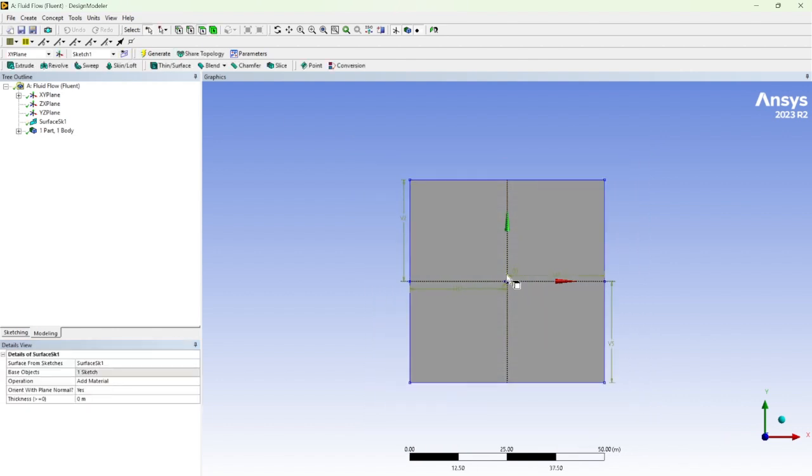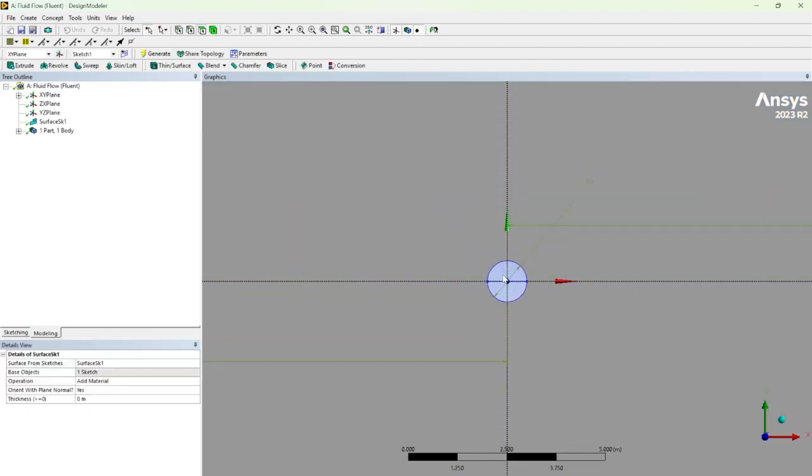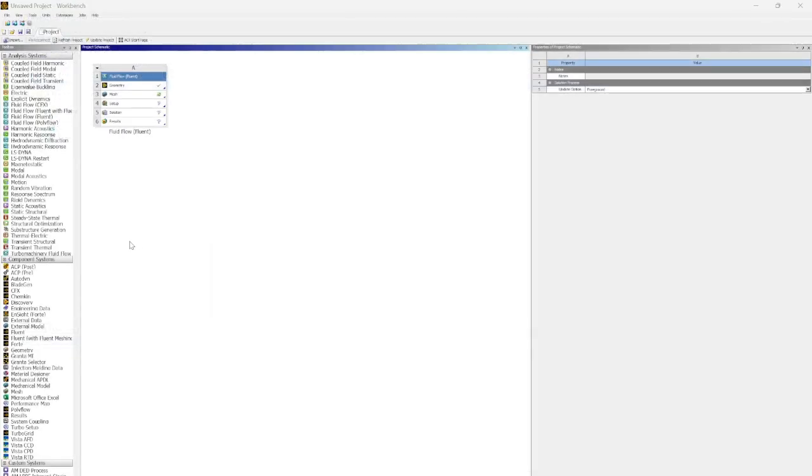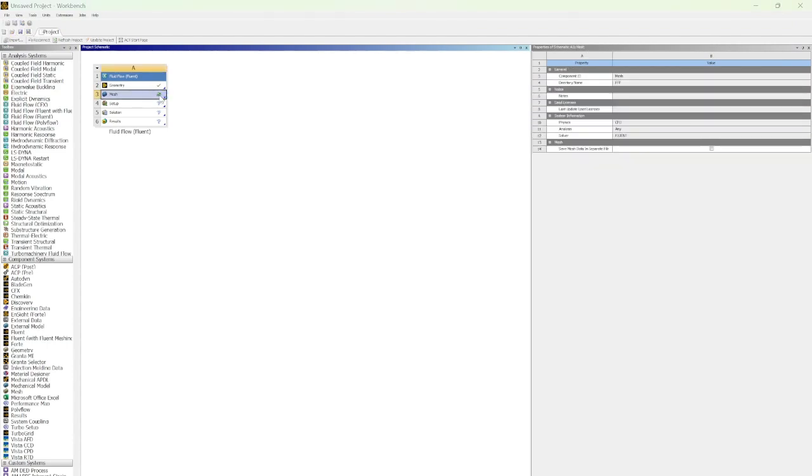And generate it. And we should have our geometry here. And we can go ahead and leave and start our meshing process,